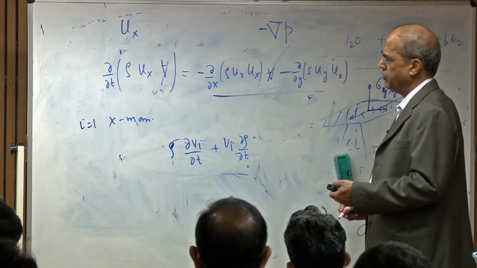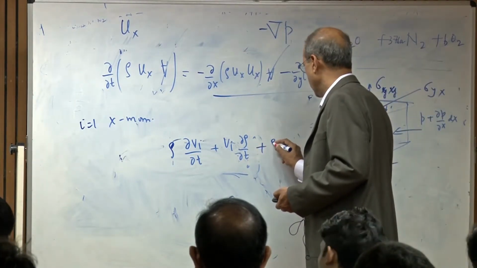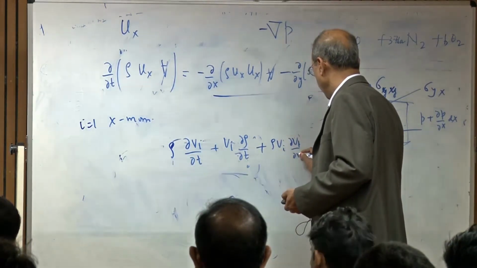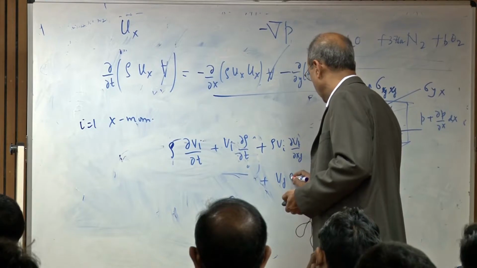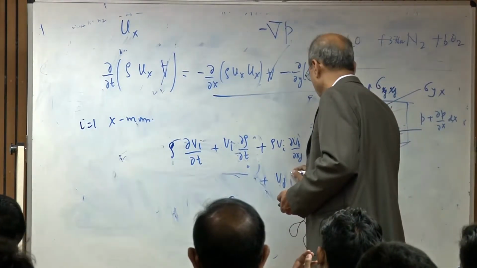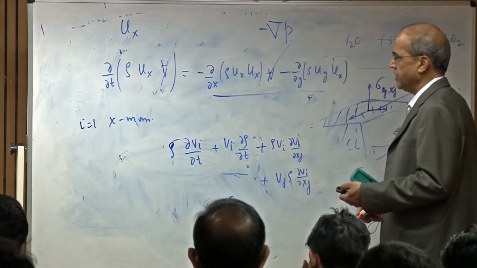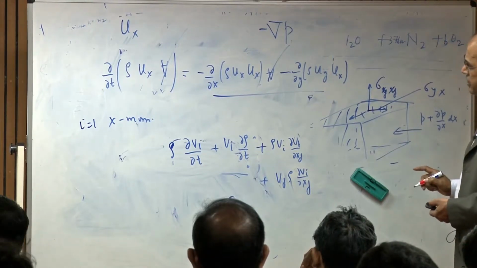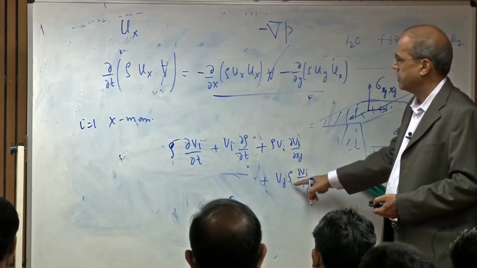Okay. Same way you can split these terms. So this one is rho vi dvj dxj, and then vj rho, or not rho, rho dvi dxj. Okay. So the second term also you can split into two terms. Okay. Did I write correctly? Rho vi dvj dxj, and then